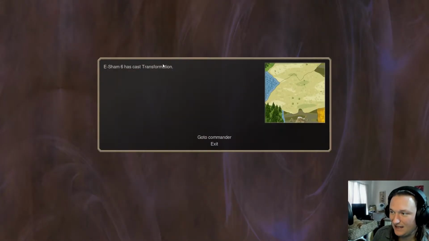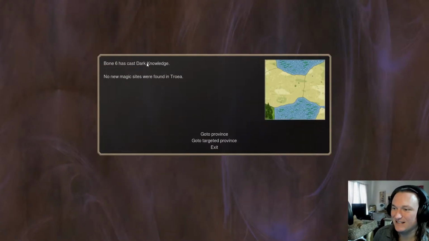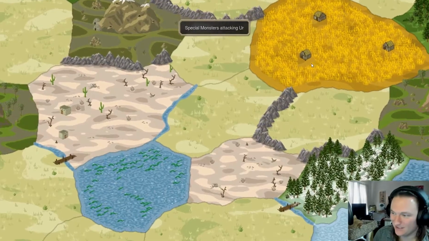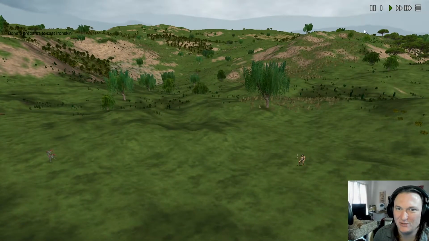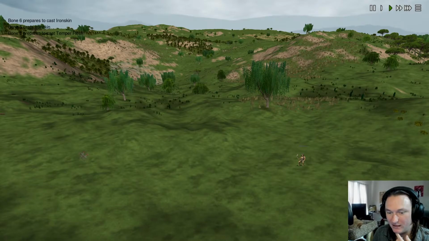Isham 6 has cast Transformation. We'll check it out here in a second. Bone 6 has cast Dark Knowledge, found nothing, and then was immediately attacked, and Bone 6 does not have any protection. We're kind of just throwing our little Bone Boys out there, trying to get additional Bone Sights, but not really protecting them, so...